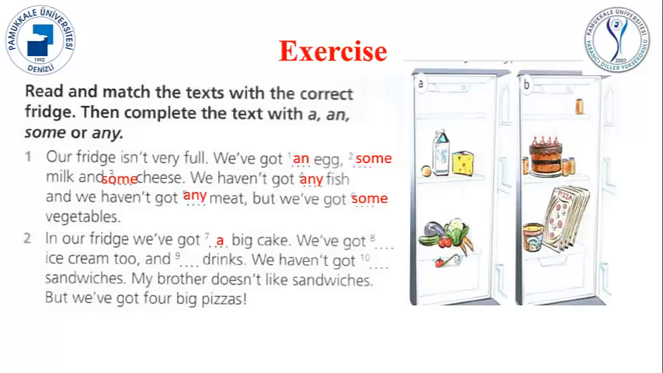In our fridge we have got a big cake. We've got some ice cream too, and some drinks. We haven't got any sandwiches. My brother doesn't like sandwiches, but we have got 4 big pizzas. Okay,